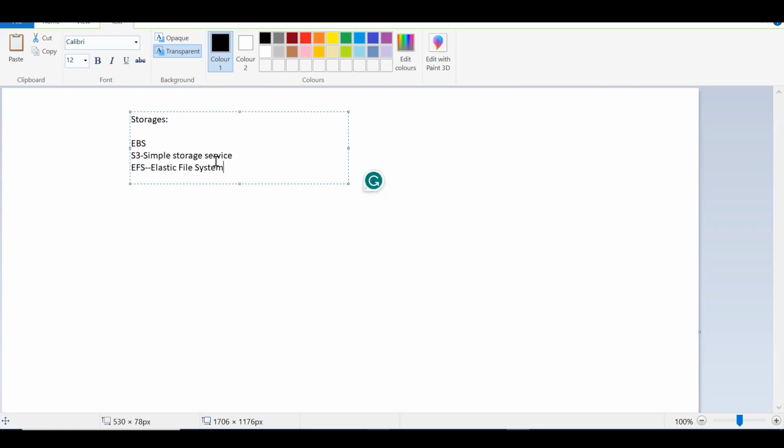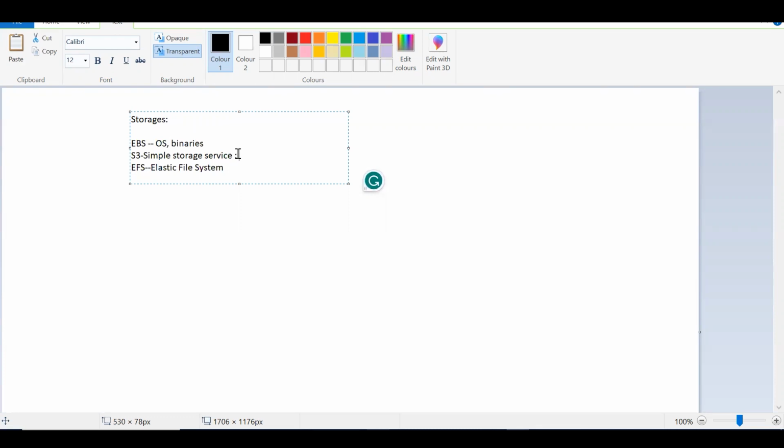We have three storages. What is the purpose of the three? We could make it as one. Why are we using these three? For storage purposes only. Then why can't we use any one? In a single AWS we don't require three services, we can use a single service for everything. Then why are we using these three different things for different purposes? EBS is used for the operating system, binaries, all those things.